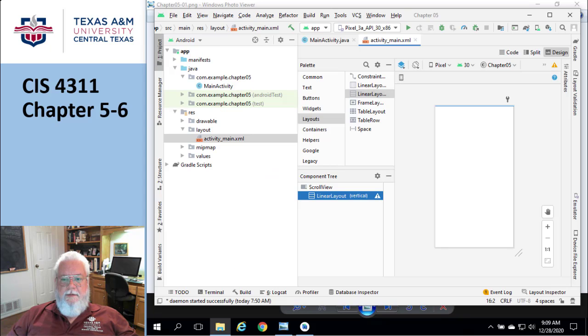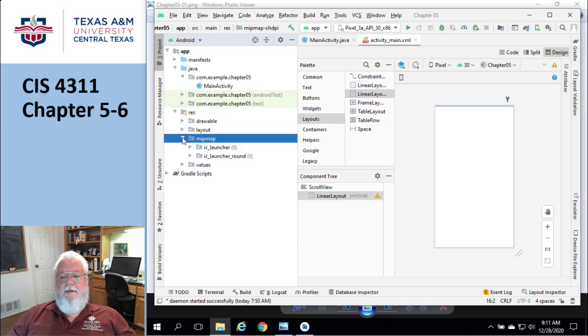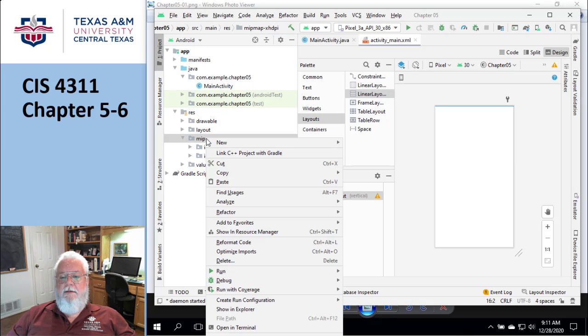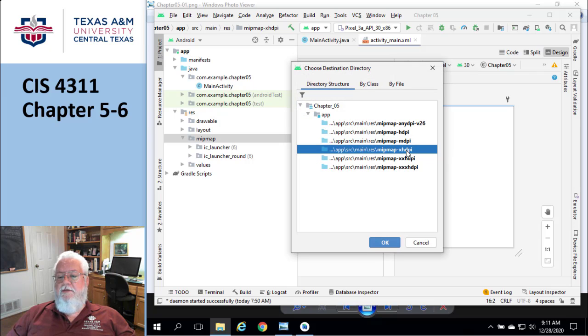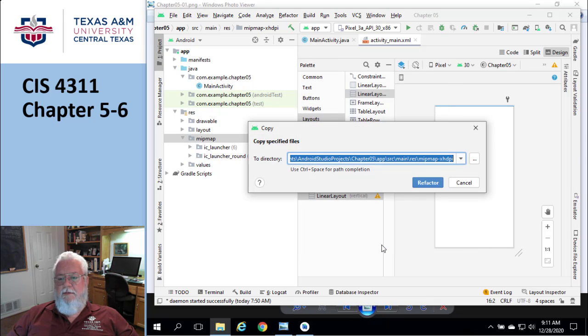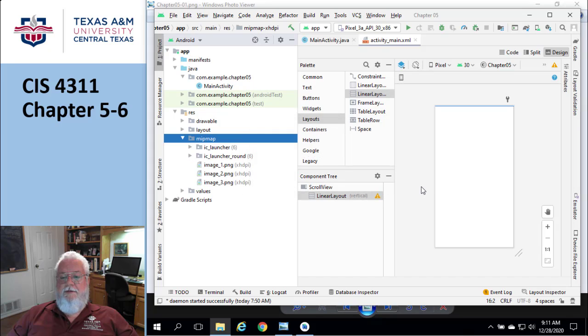So switch back to our guy. Okay, I'm going to go to my mipmap folder, do a right click and do paste. Now it's going to try to put it into whatever folder the current designer is using, and it looks like it's going to be the extra high definition one. That's fine. It doesn't matter. And then it says, would you like to do that? By the way, I mentioned to you guys before that the names of these files must be in lowercase. So if you were copying and pasting files that were in uppercase, that would cause a